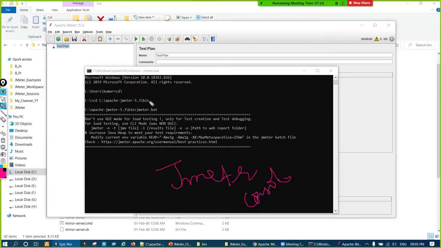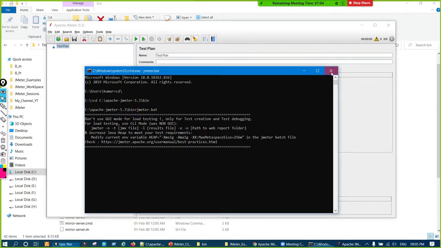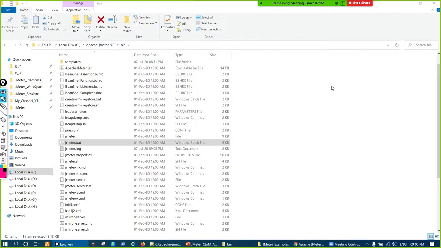After I pressed the enter button, some information came, then JMeter launched, and this acts as a console. If I close that, JMeter will also go, right? Now I have closed it, I just clicked on that console and JMeter went away.